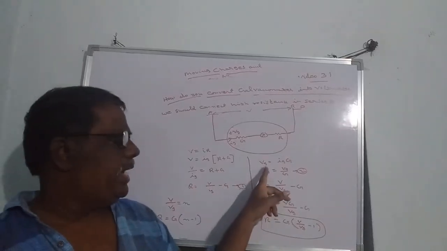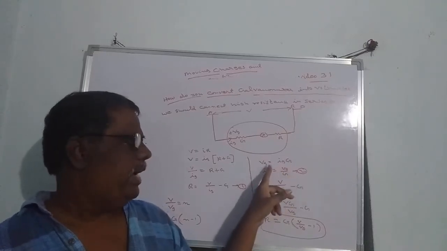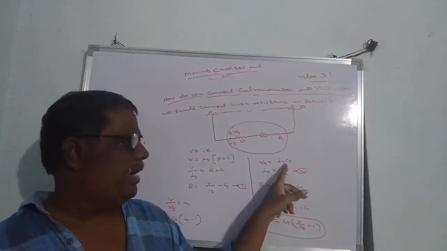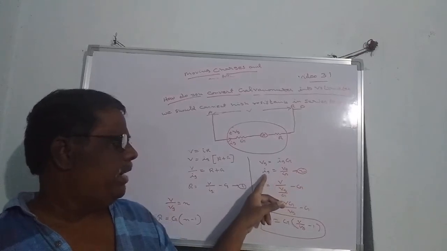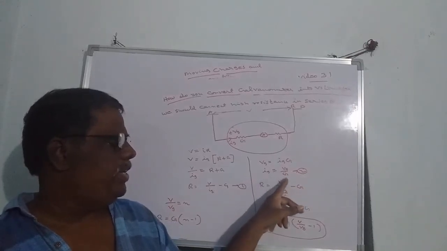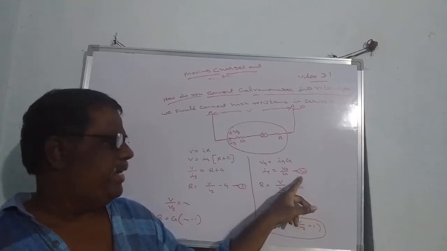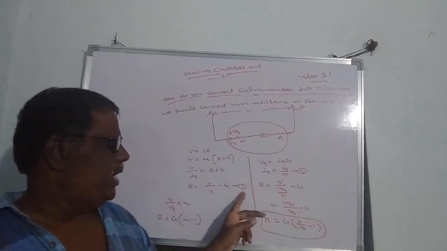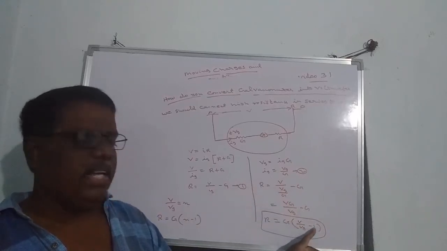Then the voltage across the galvanometer, the potential drop across it, is V equal to IR, again Vg. So the galvanometer voltage is equal to the galvanometer current into the galvanometer resistance. Here also we take the galvanometer current Ig equal to Vg by G. This is equation number 2. Substitute Ig equal to Vg by G in place of Ig in the first equation. Then we get R is equal to G into (V by Vg minus 1).